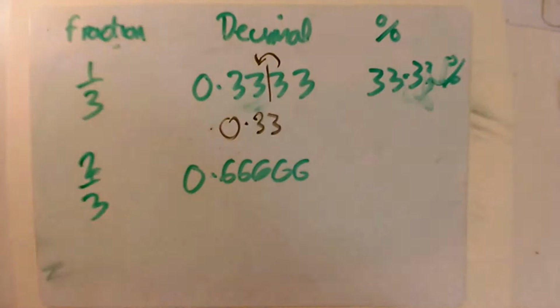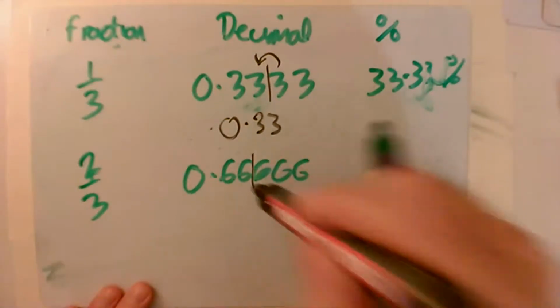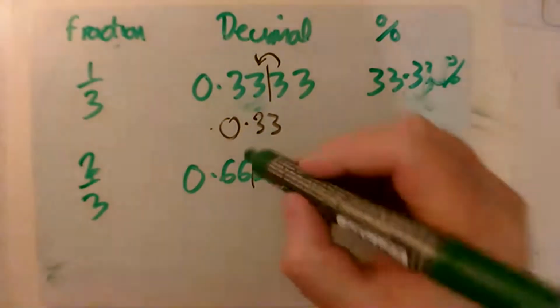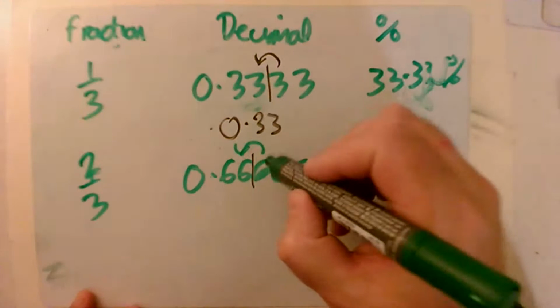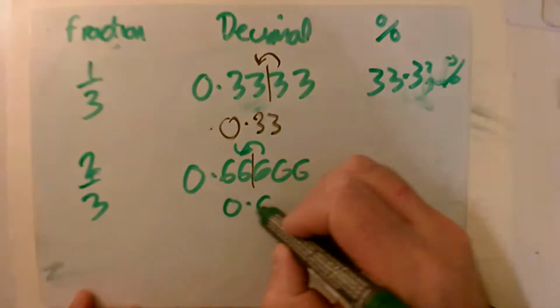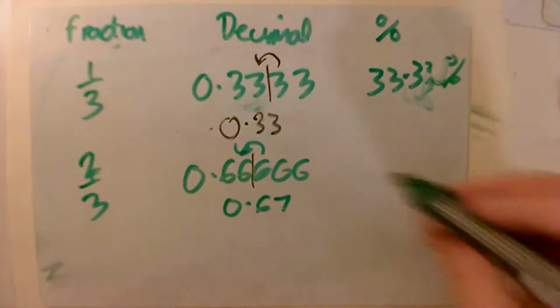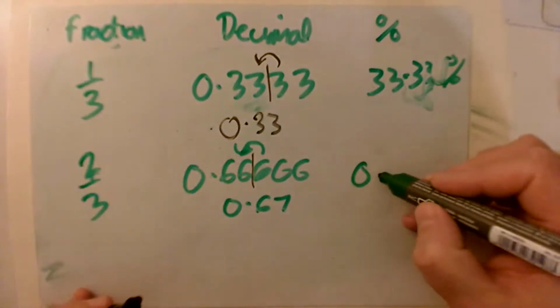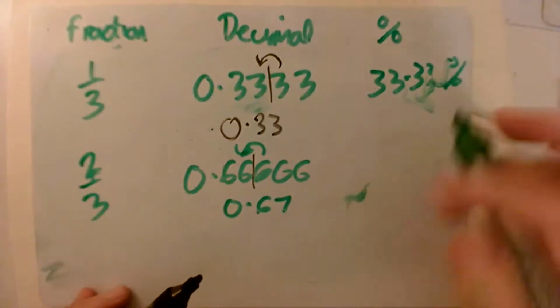0.66666, and again, if we're rounding to 2 decimal places, I'm going to put that there. Does that affect that? Yes, it does. This time this is 5 or above, so we get 0.67. That's just rounded to 2 decimal places. So the percentage